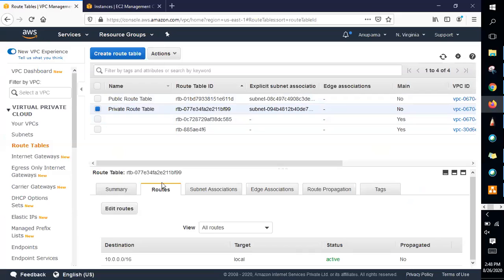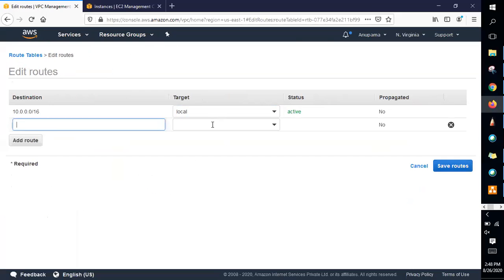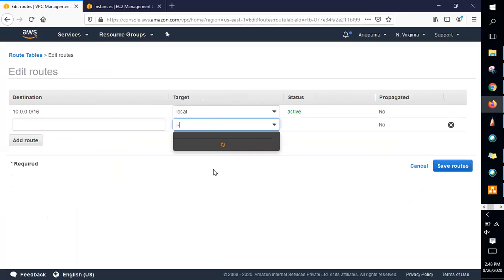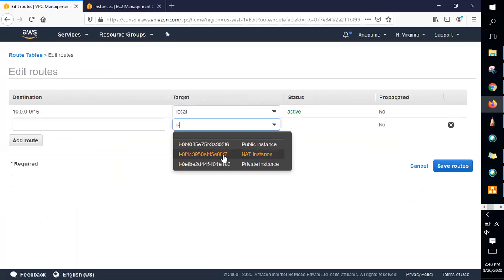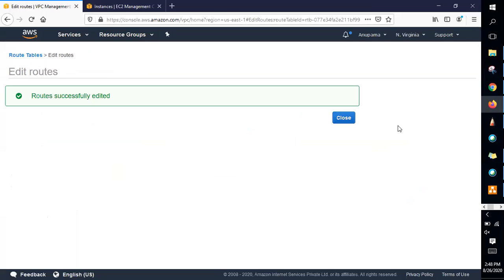So in the private one, let me add the NAT gateway or the NAT instance. So add a route. Here, instead of NAT gateway, we just select the instance, the NAT instance. You need to select the NAT one which we have created. And obviously we should give internet. And save the routes.